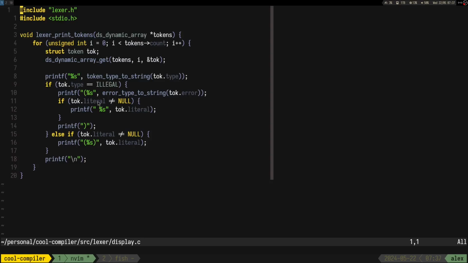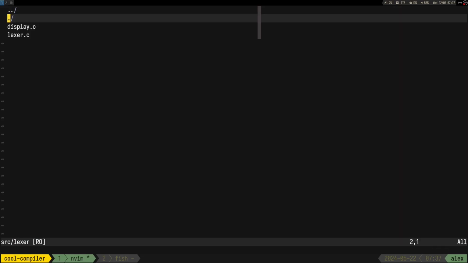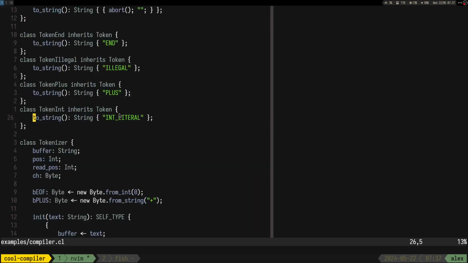Oh, it was something like if it has a literal, then print the literal or something. Maybe something like that. Anyway,